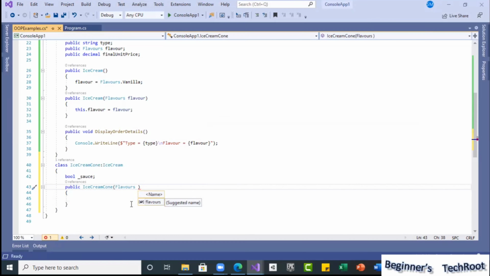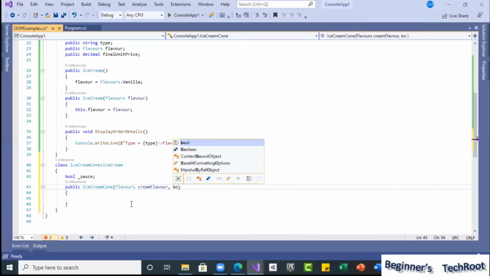Okay, so now for this, the type flavors, I am going to take as one parameter. I will give cream flavor as one variable, and another one I will take as a bool sauce.